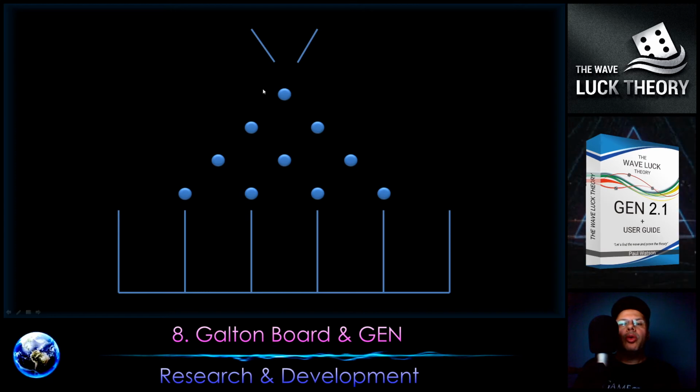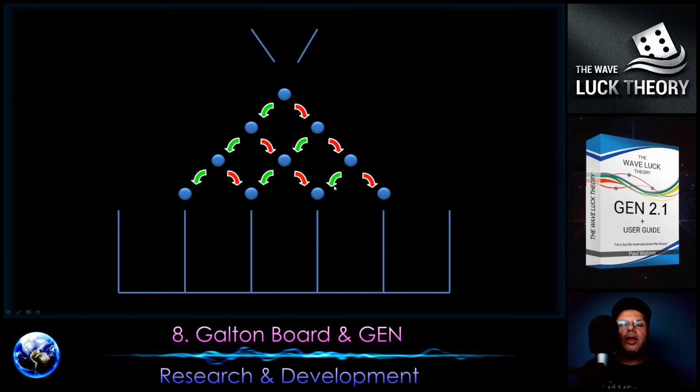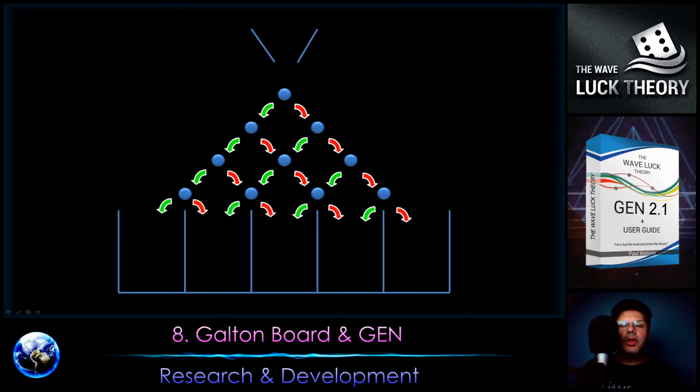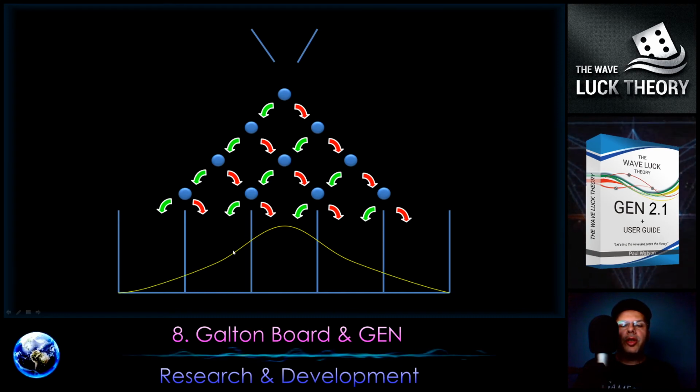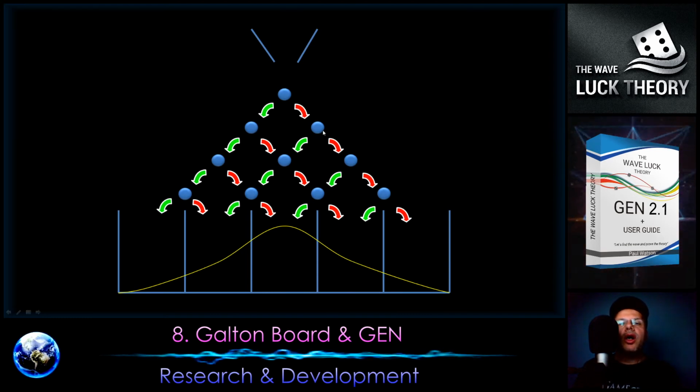So the ball can fall to the left or to the right, and then again to the left, to the right, and again, and finally it will end up in one of the pools like this. So whatever you do, the final shape will still be like a hill, as it's called, even distribution. And now I will show another example of what I am looking for in the Gene,